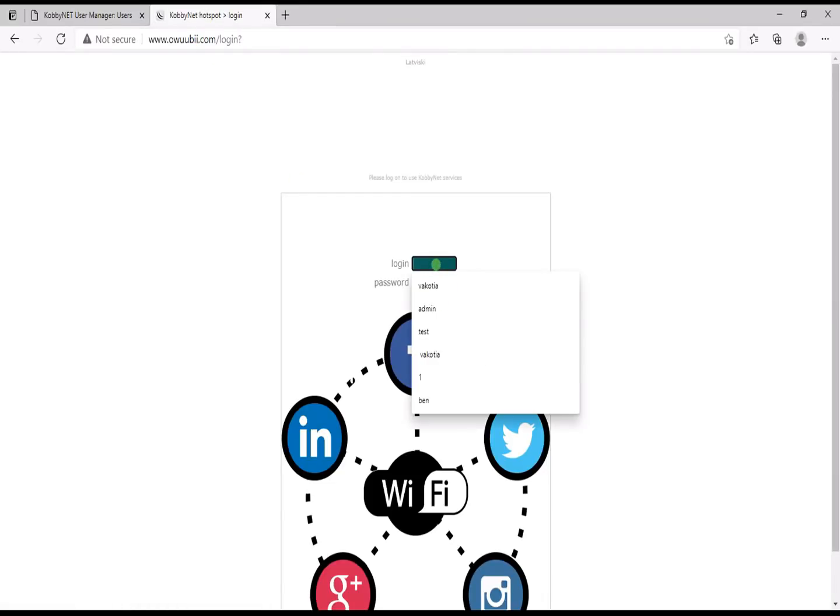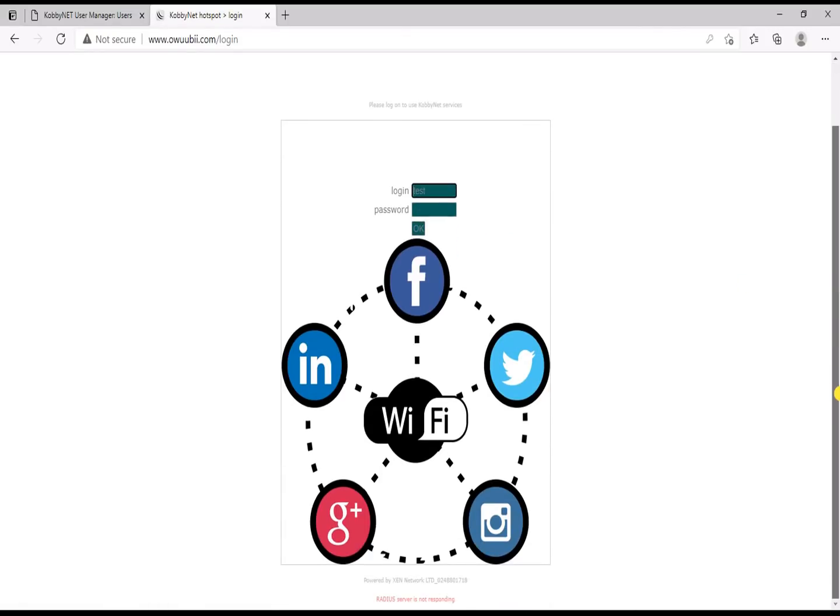Okay, now I need to log in with the account I just created and see if it's going to work. So test, right? Radio server not found, that's what it's going to tell me. I said it, this is it, radio server not found, right? Radio server is not responding, that's what it's saying. Okay, so let me log in